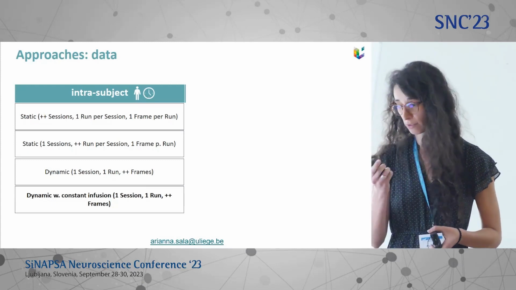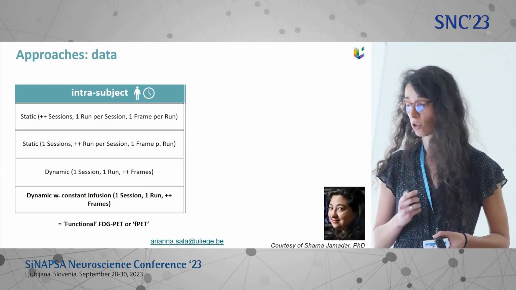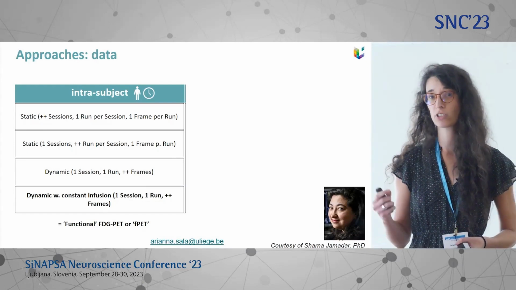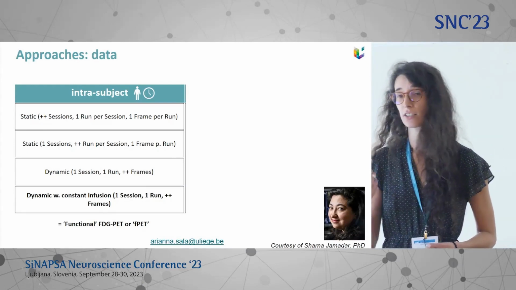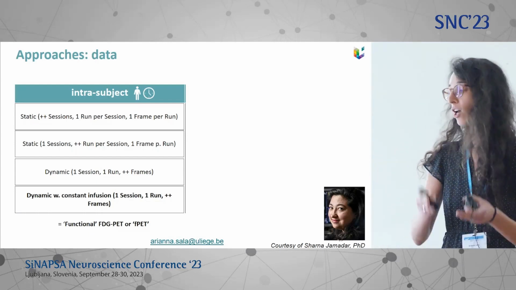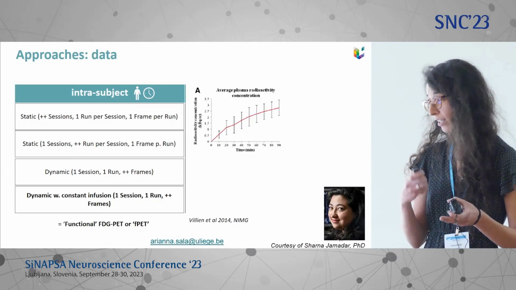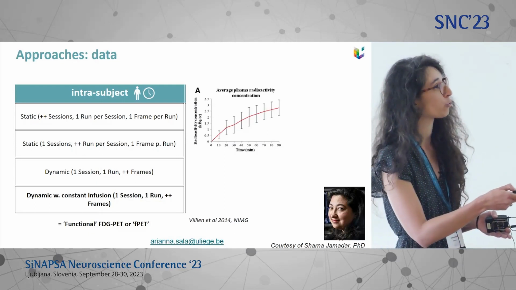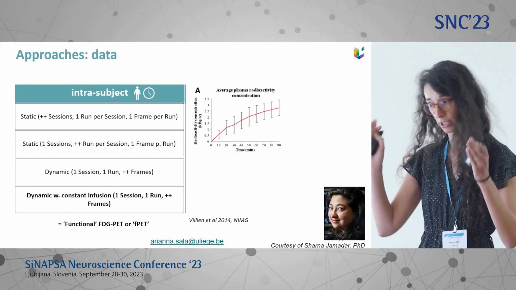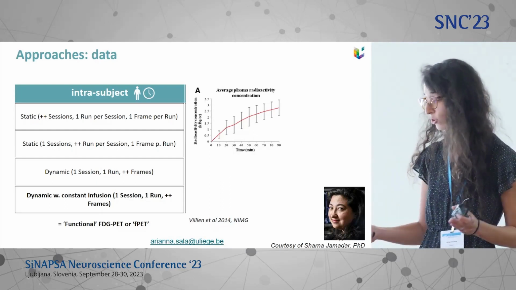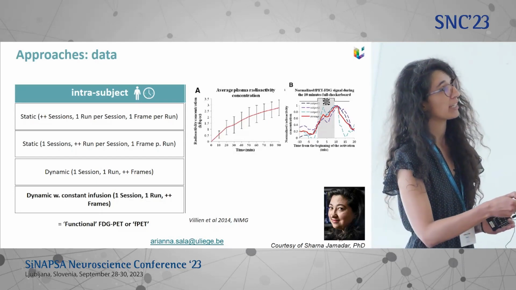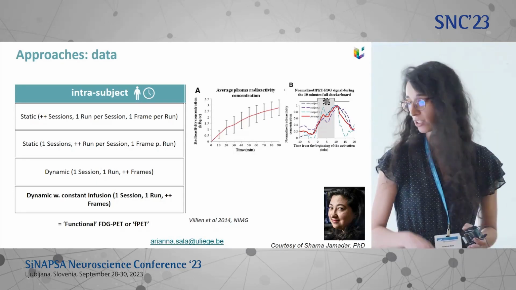Finally, the last point that Igor already mentioned is the case of functional FDG PET, where we have a dynamic acquisition but with constant infusion. Instead of a bolus injection, where we do the injection in a few seconds, we keep injecting tracer, so we have a constant infusion of tracer in the plasma of the subjects over the full acquisition. So here is just one single session, and we can measure the variation in the uptake of the tracer through